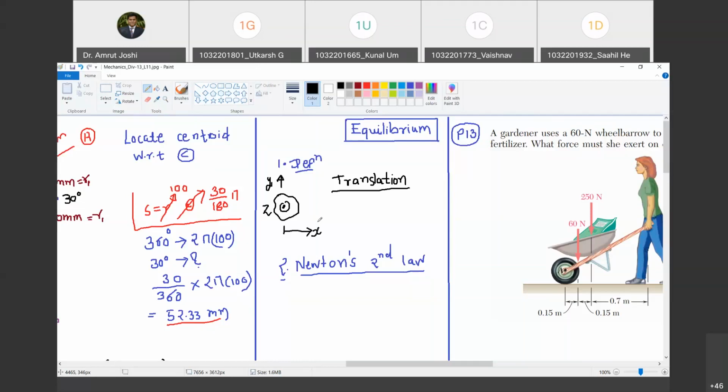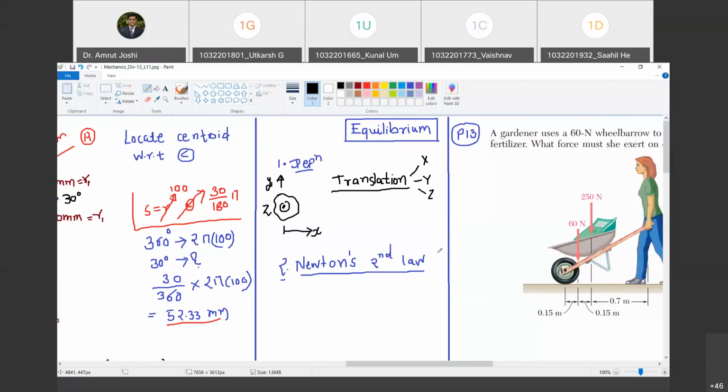So how do we define translational equilibrium in x direction? The body must possess uniform velocity throughout the period of observation. It may be at rest or it may not be at rest, but it must possess uniform velocity. Do you agree with me? Yes, sir. Then we say that it is in translational equilibrium as far as x direction is concerned. Now tell me, how many directions should I look for translational equilibrium? कितने directions में होगा? X में हो सकता है, Y में हो सकता है और Z में हो सकता है. Do you agree with me? Yes. The body moves with a constant velocity along the x-axis.